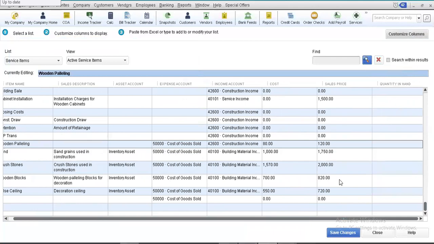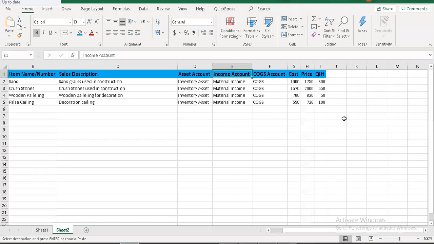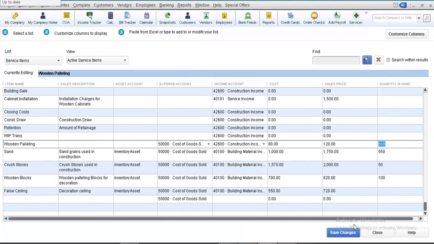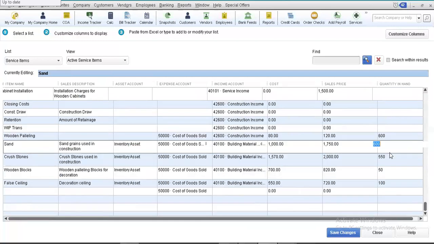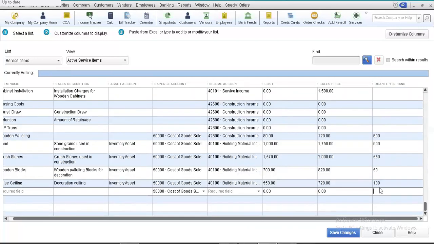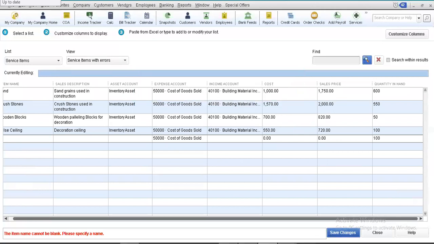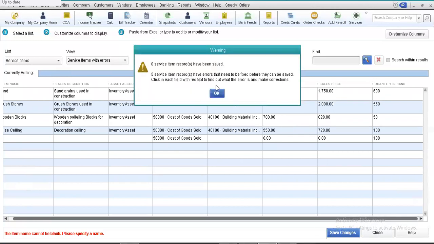Okay. Now, my dear friends, I just go to Microsoft Excel, select this, copy it, go back to QuickBooks and paste this information. All right. So now, my dear friends, all this information has been pasted from Microsoft Excel. And now we will just save this item.